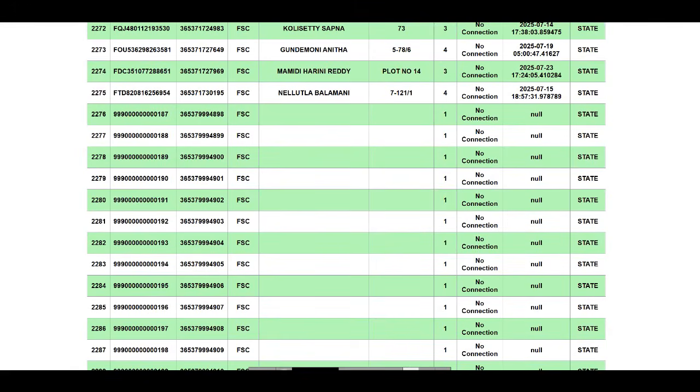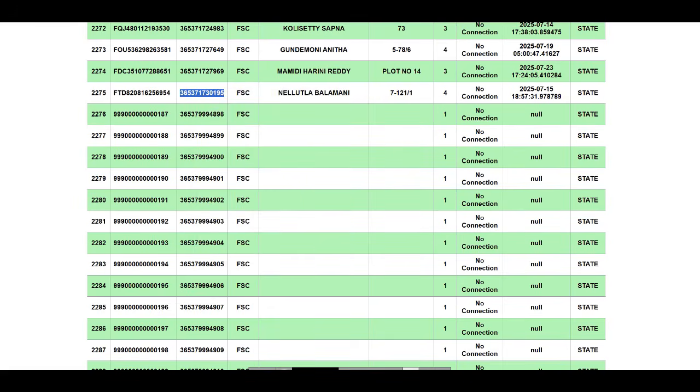This was at the time of creation of applications. This is for checking purposes they allocated, to see whether the website is working properly or not. Now this is the last one, approved on 2025 July 15th. This one was last updated. So we can check this last ration card number. We can copy it